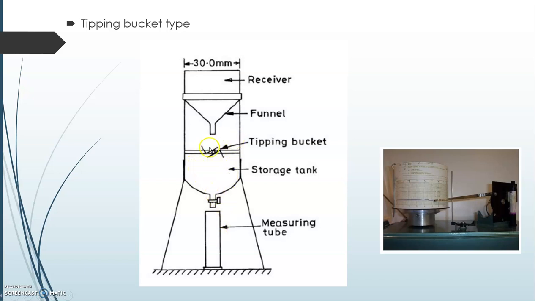In this way, these tipping buckets move, and this tipping bucket has a connection with the electric circuit. And here you can see, in the same way that the weighing bucket was working, this pen is here, this is a rotating drum, which has a chart, so that the mass curve will be plotted automatically. So in this way the tipping bucket works. So these are the tipping buckets. There are the two